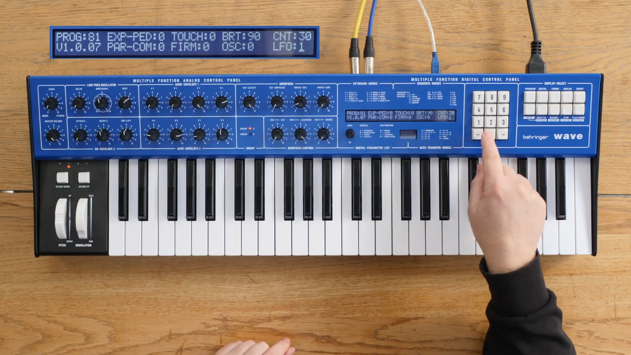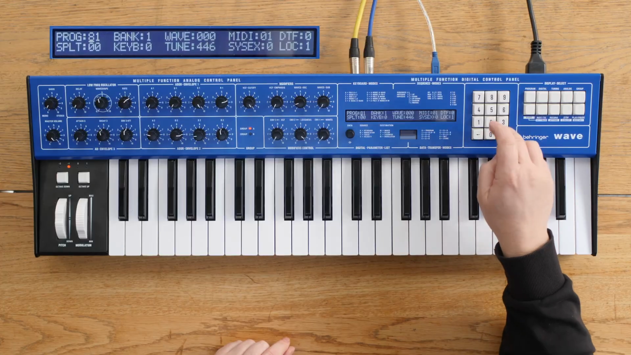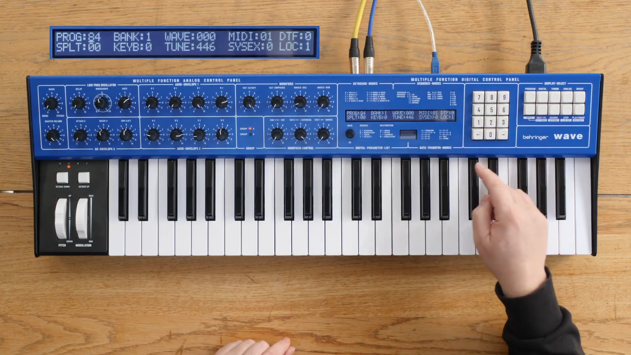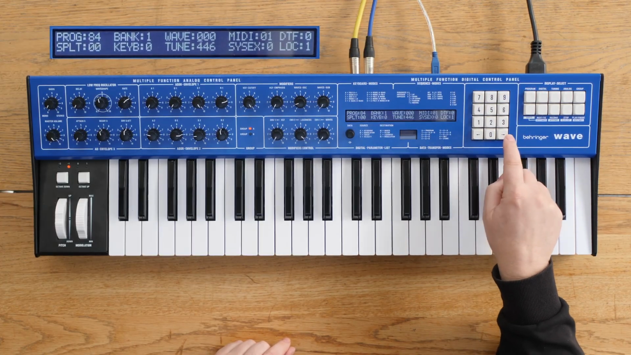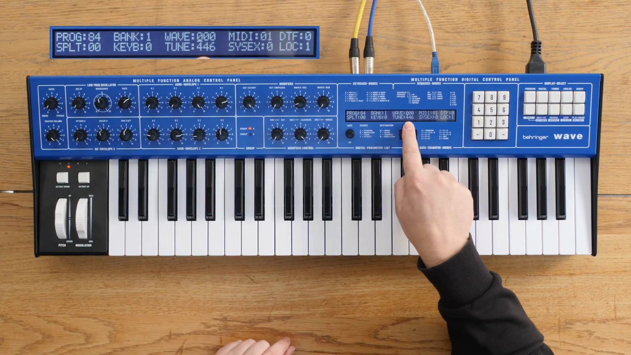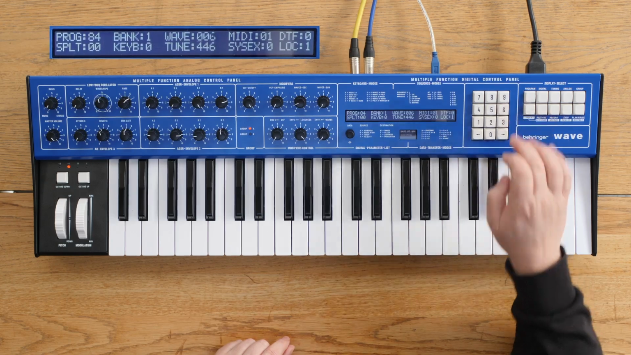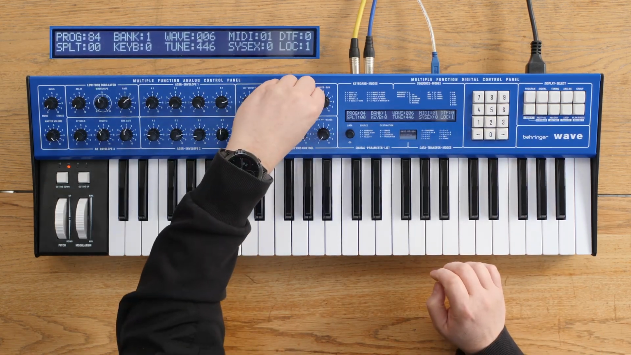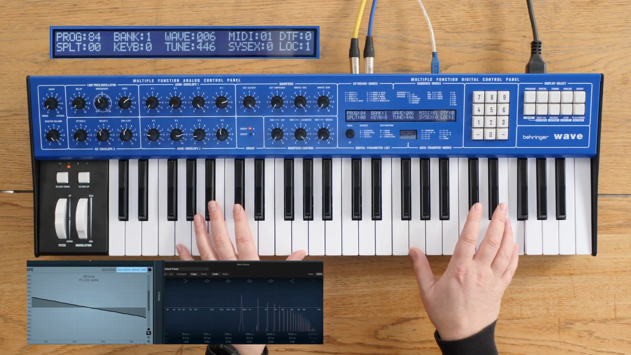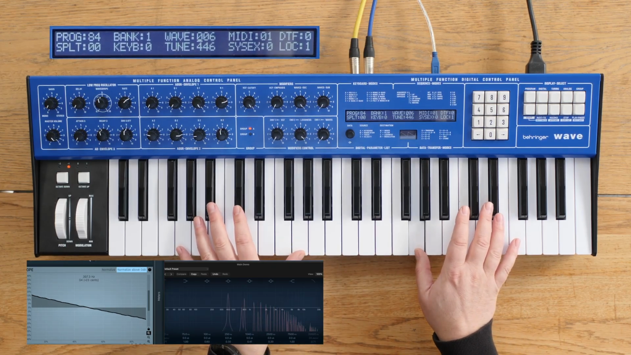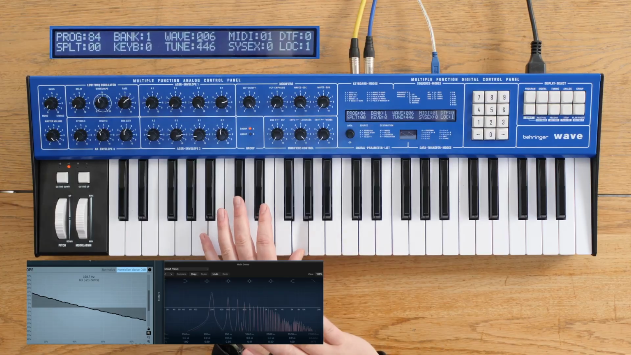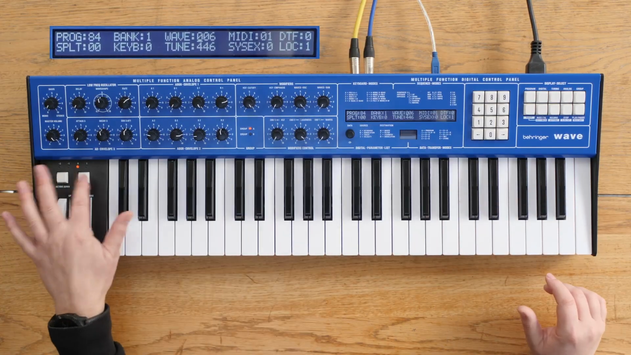So the next one to look at is the one that we all know, and that's aliasing. This is a bit like my initial patch I've created. Let's go to wave, wave 6. And I know that the end of wave 6, we have a sawtooth. Looking at that on this oscilloscope and on the frequency analysis, you can see we've got loads of harmonics in there. But if I go up a couple of octaves,